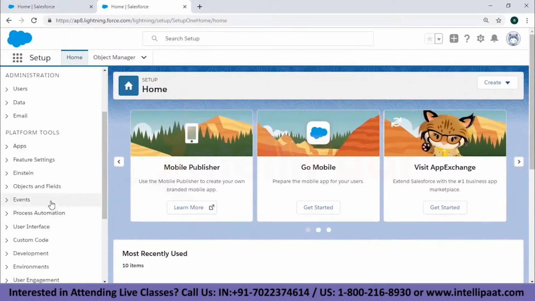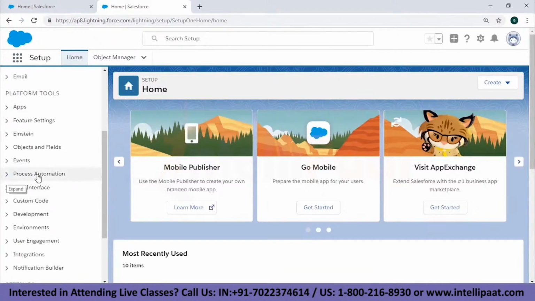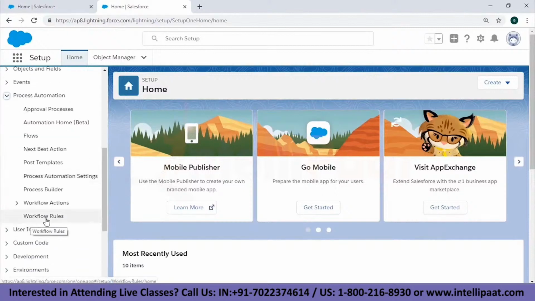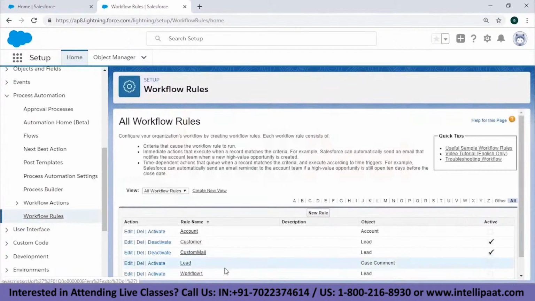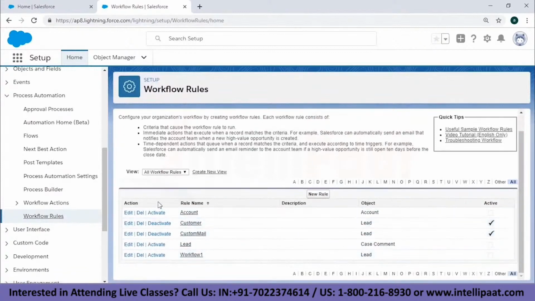So we'll scroll down and you'll find this process automation button. I'll click on that. When you scroll down, you will see workflow rules and we'll open that. You will see a list of workflow rules that have already been created. But we want to create a new workflow rule, so we'll click on new rule.